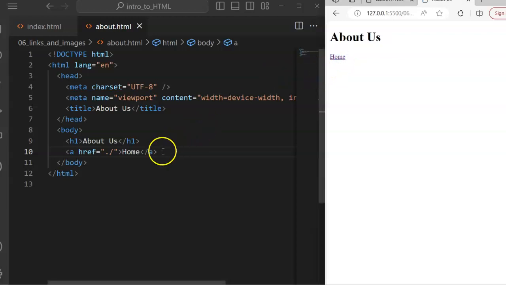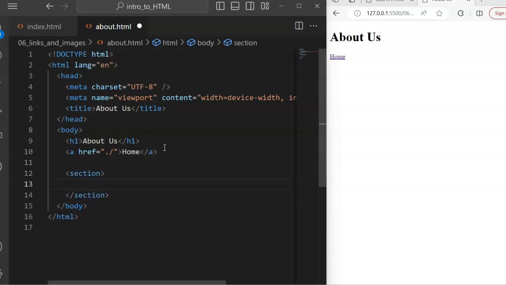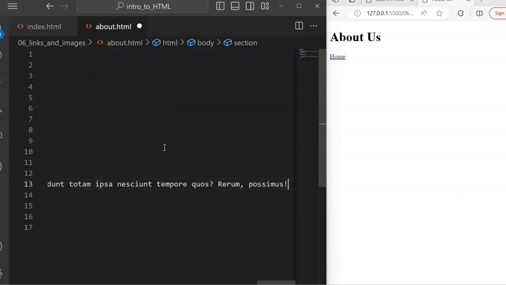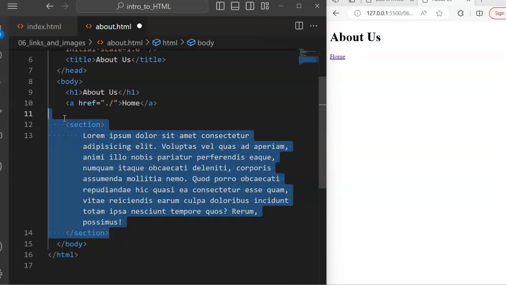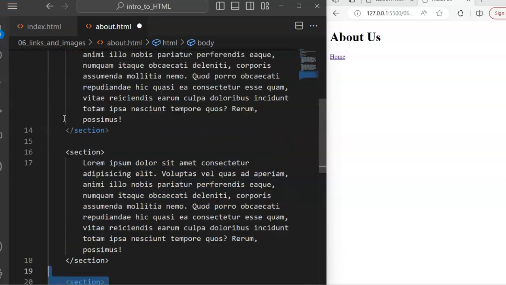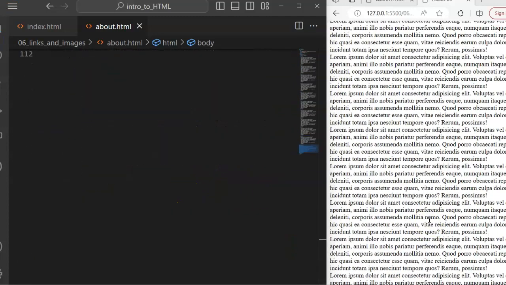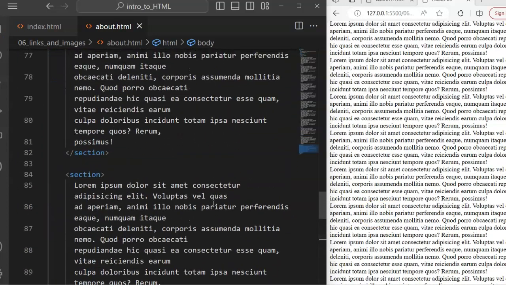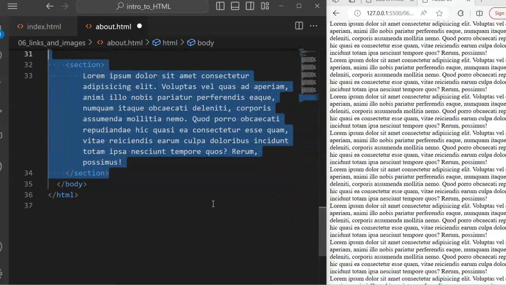You can also navigate to a particular section of a page. So let's say on the about us page, I have a section, and here I have some Lorem ipsum text. Let me say I have a good number of it. Don't forget Alt Shift, just duplicate. Now if I save, how do I differentiate this? Let me Ctrl Z this, and